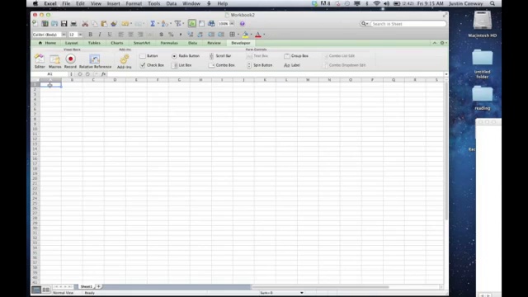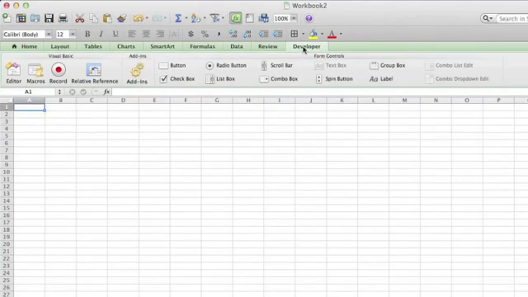I'll give you one example, and then obviously it's just repeating the one example for creating multiple different questions. So for our first question, what we want to do is click on the Developer tab up at the top here. Within the ribbon, there's a button that says Group Box. Click the Group Box and drag that across the cells where you'd like to have your